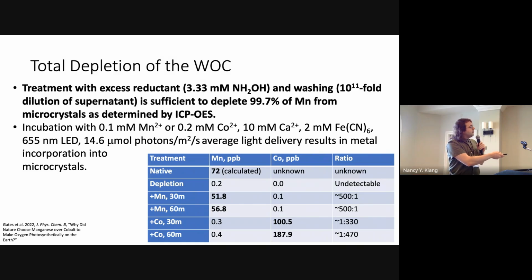But if you add cobalt, over time, you are going to wind up with much more cobalt than you would have with manganese, and it just keeps going and going. So obviously, this is far above what you would expect if there's a stoichiometry of 4 manganese per photosystem 2. So we wind up with more than twice as much as you would expect. So what's going on here? Well, we